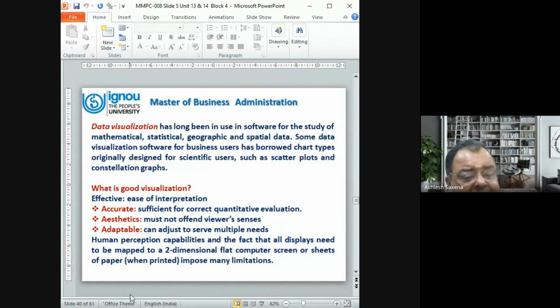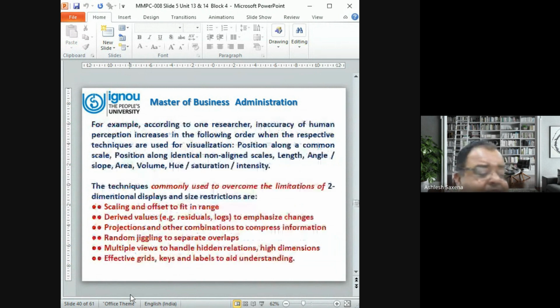Human perception and capabilities, and the fact that all display needs to be mapped to a two-dimensional flat computer screen or sheets of paper, impose many limitations. For example, according to one researcher, inaccuracy of human perception increases in the following order when the respective techniques are used for visualization: position along a common scale, position along an identical non-aligned scale, length, angle, slope, area, volume, saturation, intensity. The techniques commonly used to overcome the limitation of two-dimensional display and the size restrictions are